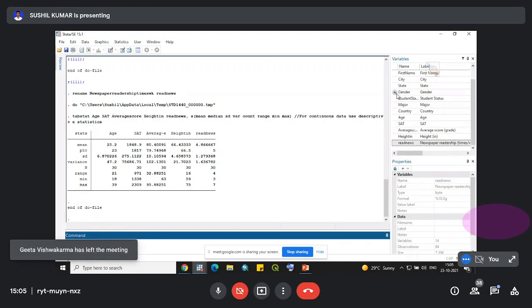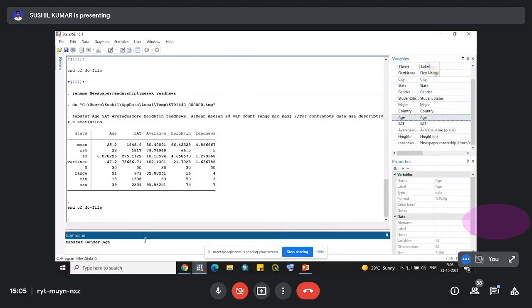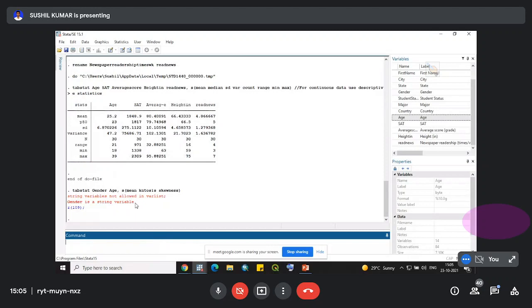The variable names I want to see are gender and age, and the descriptive statistics I want to see are kurtosis, mean, kurtosis, skewness. Now you can see Stata is showing that string variables are not allowed in the variable list. Since these variables are strings, it cannot show me the descriptive statistics of these variables.